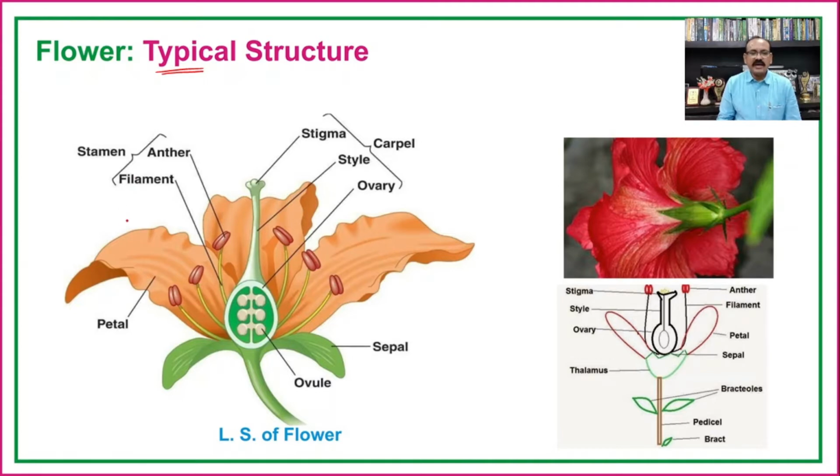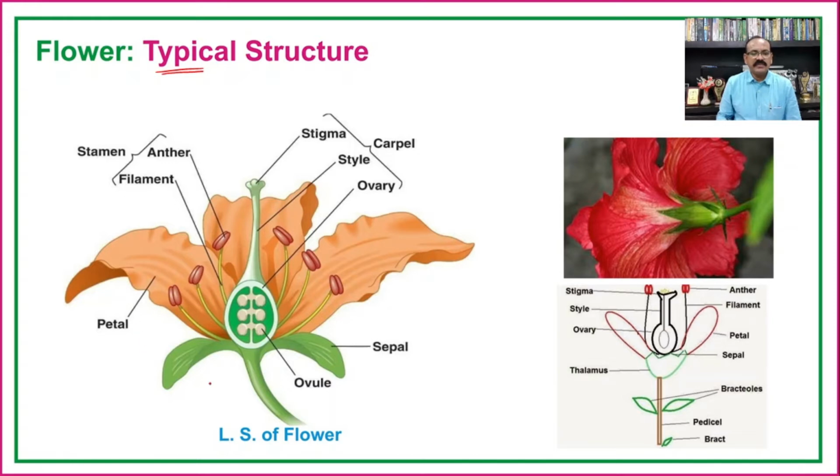If we see the flower, then we have seen in the lecture on stem, that is the third lecture of this lecture series, that flowers or leaves or fruits are always developed on the stem or axis. So first of all, if there is a development of a flower on any part of the plant body, then we have to consider that that part is nothing but the stem.